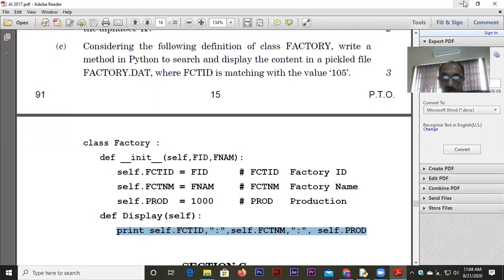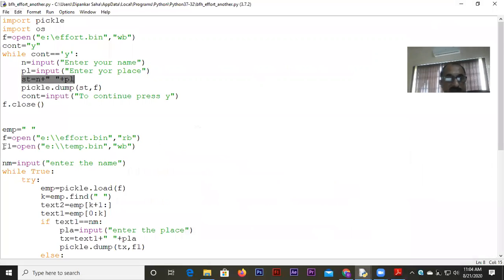But generally, there are two ways to do it. One of the ways I'm discussing now. So when this kind of question will be given to you, searching, deletion, insertion, whatever it is, they will most probably tell you how exactly the things are written. Otherwise we cannot handle this kind of situation. So I have written a string there, fine. I've prepared a string st, and by pickle.dump, you know how to use it. Pickle.dump is used to put it down into the file. That is how the file is created.